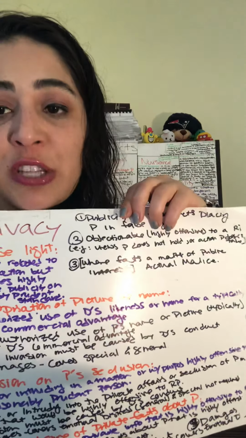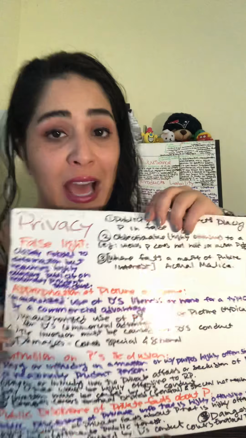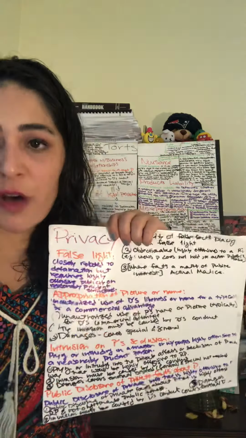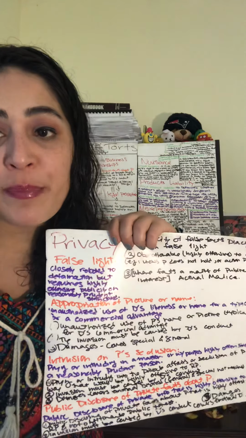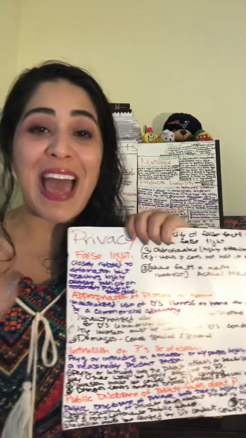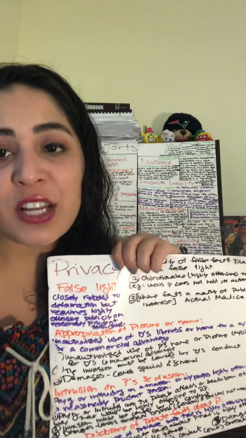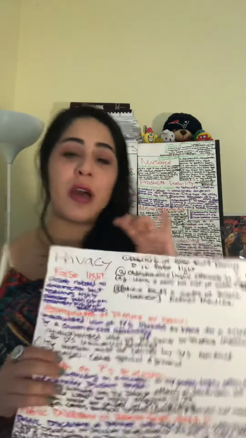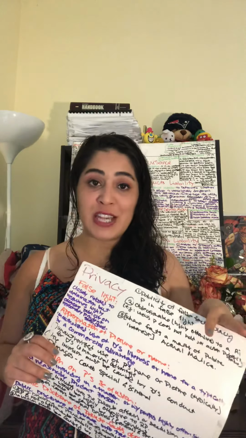The next thing I'm going to talk about is false light real quick, because I want to make sure I mention them all. With false light, the defendant puts together a series of half-truths that convey a false impression of the plaintiff. This privacy invasion is very similar to defamation.